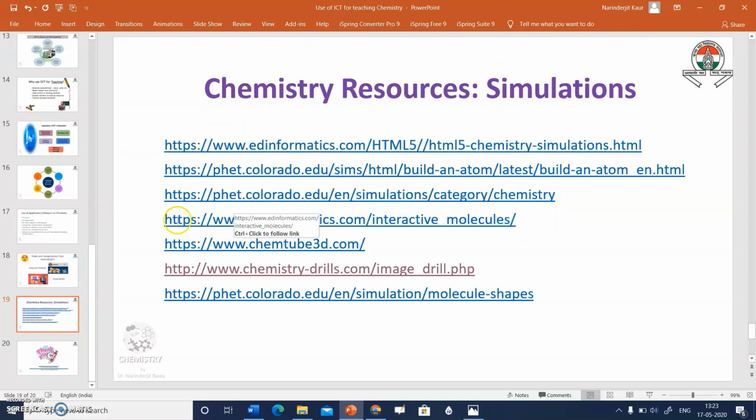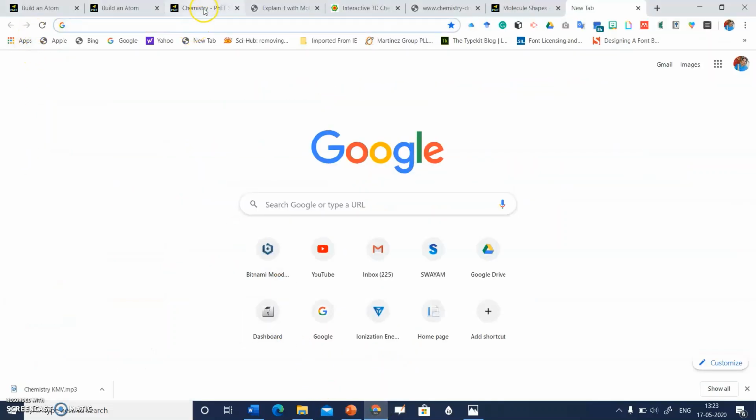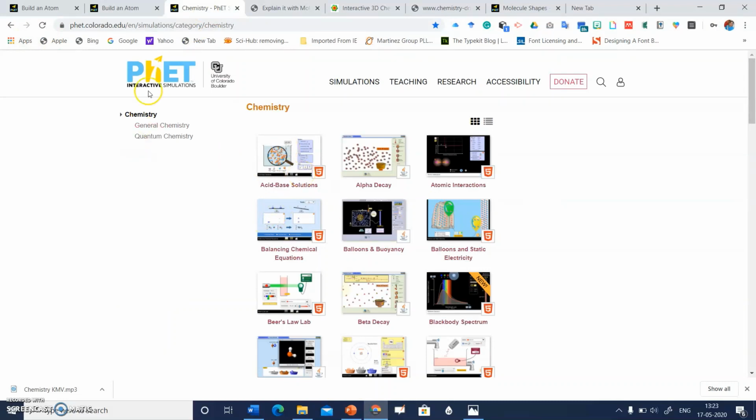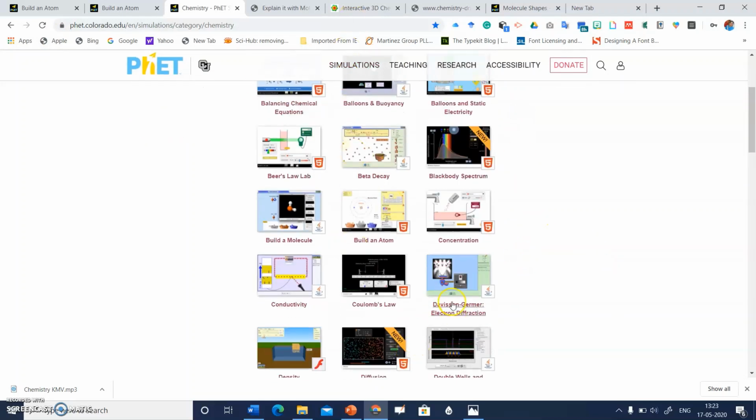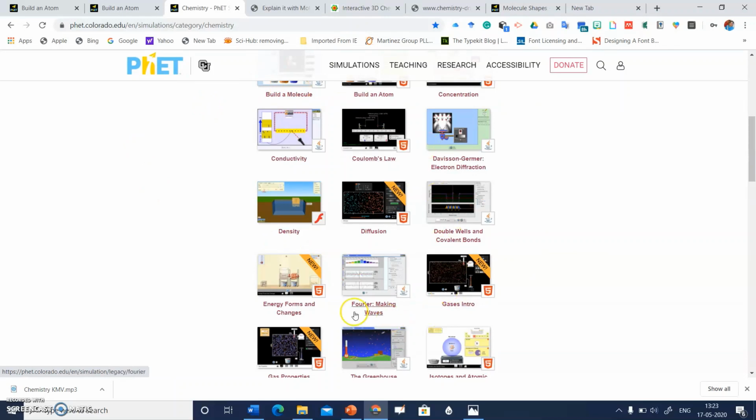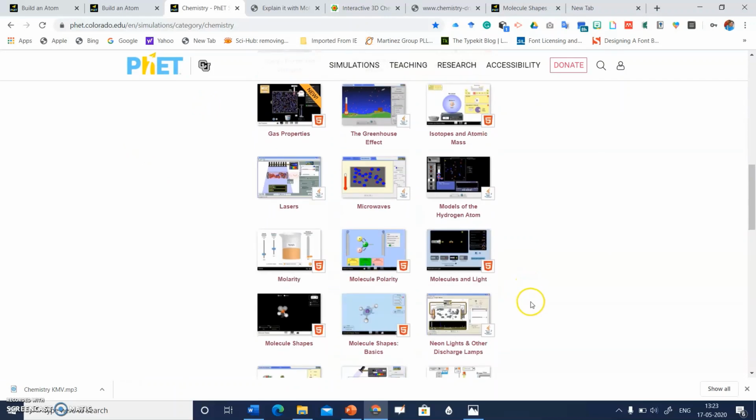So try again. Students can have fun with these games also. Now I will show you the next link, how this simulation software works. I already copied this in my Google browser, and let us do this. Yes, so this is PhET interactive simulations again, and see, for higher education there are so many simulation exercises available on this page.